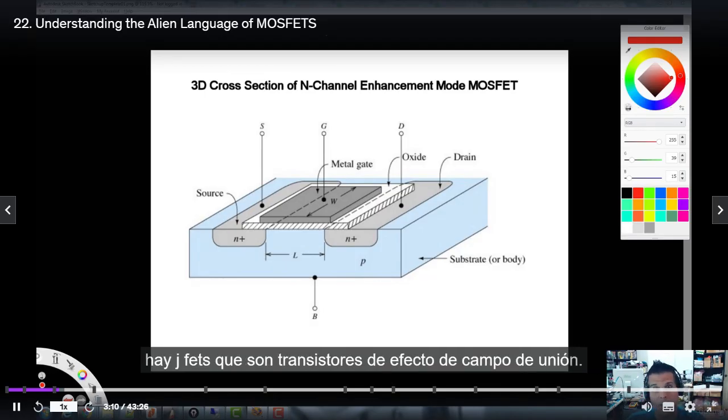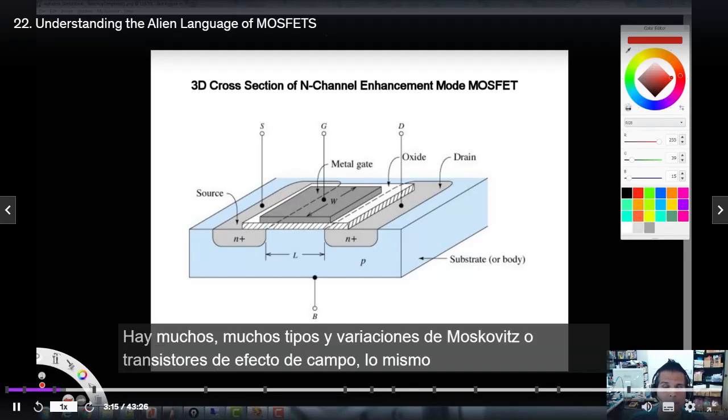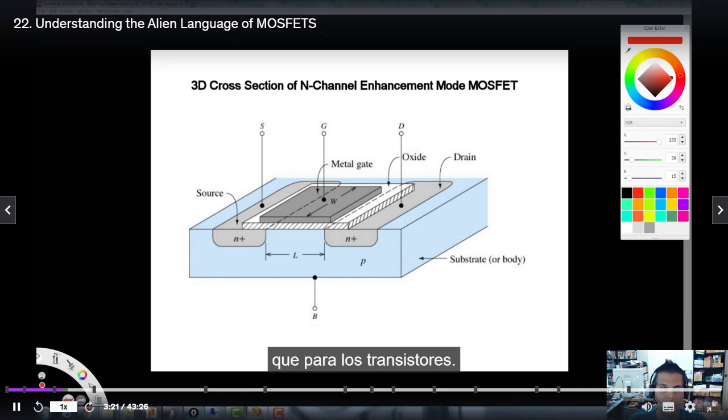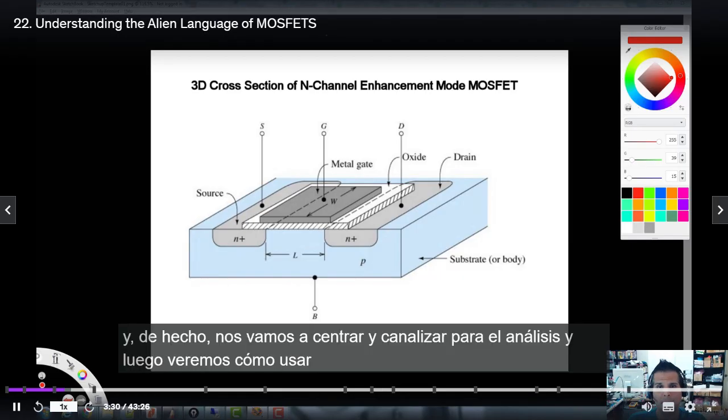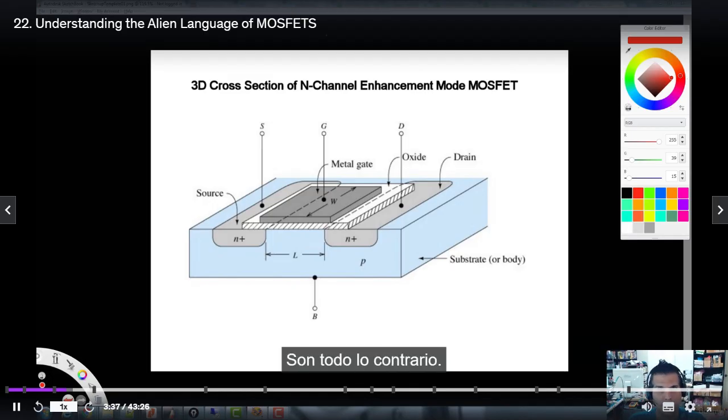There's also JFETs, which are junction field effect transistors. There are many, many kinds and variations of MOSFETs or field effect transistors, the same as there are for transistors. But typically, what we're going to be working with is N-channel and P-channel, enhancement mode, and we're going to focus on N-channel for the analysis, and then we'll see how to use both N and P channel. They're just the opposite, just like the NPN transistor and the PNP transistor. All right, so